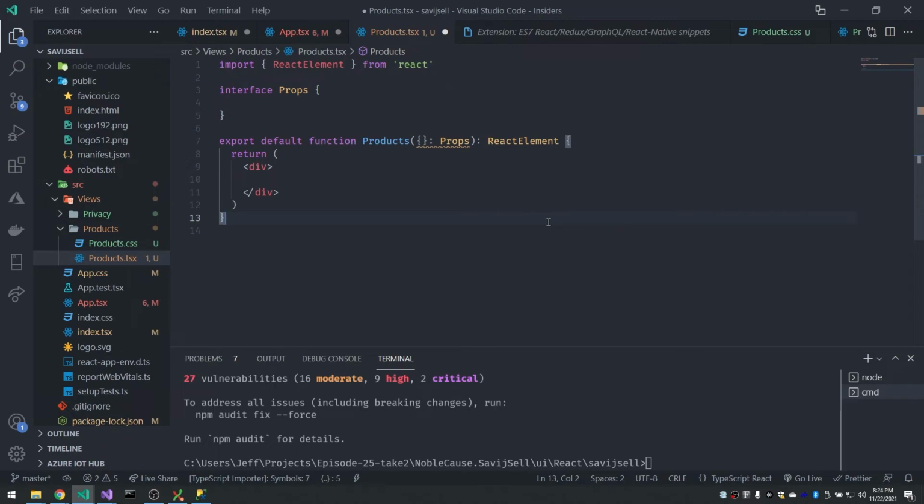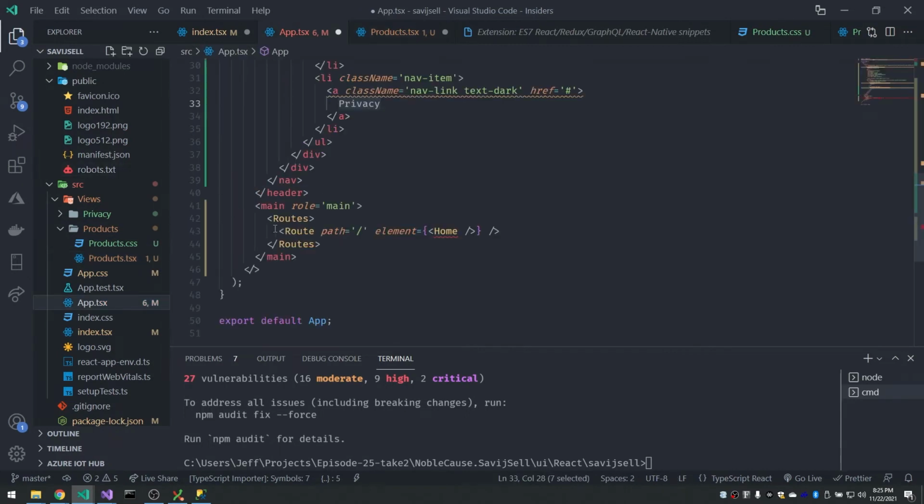It just doesn't always work. So for now, we're not passing any props to our React app. We will just leave that empty, and this is going to be unused. But for now, we will just return a div with products component. So now back in the app TSX, we can go and create our route saying that when the path